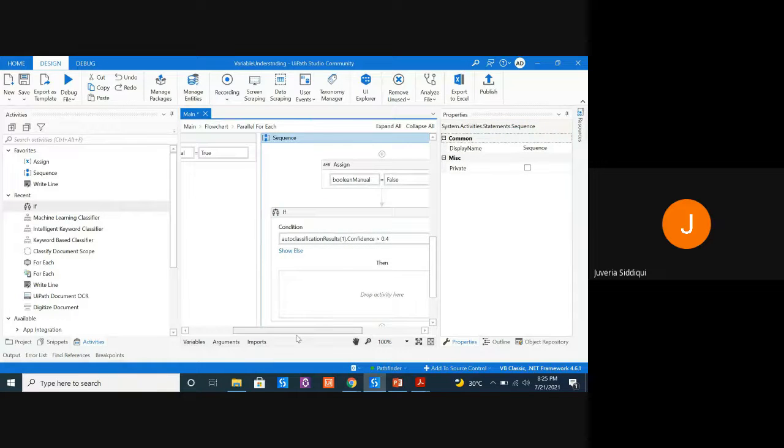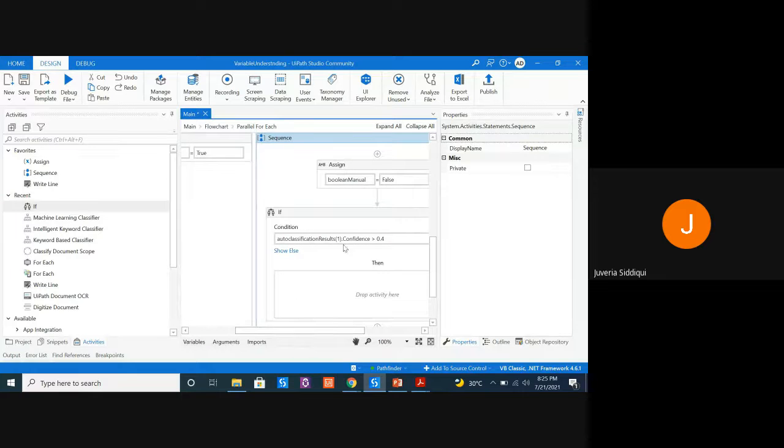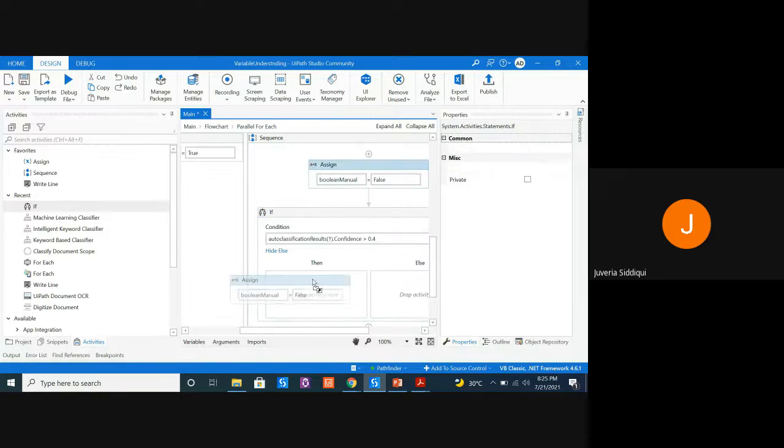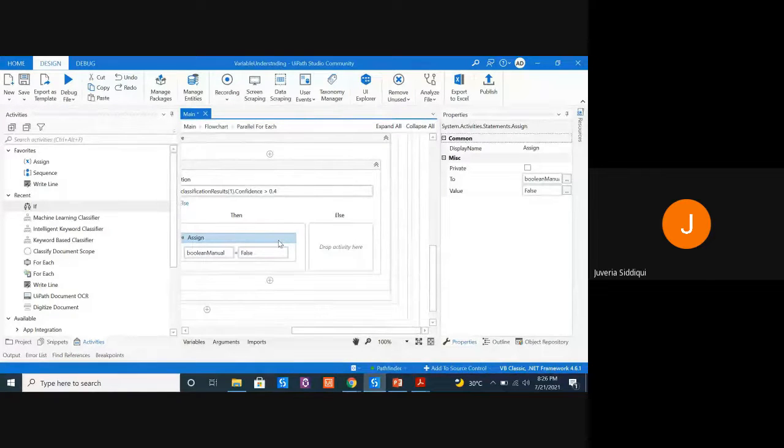Either you do it like this or you can keep this in a for each loop as well. For our purpose, I'm going to keep it like this. So in that case, if the confidence is greater than 0.4, I again don't need to classify anything manually. If not, I have to classify it manually.